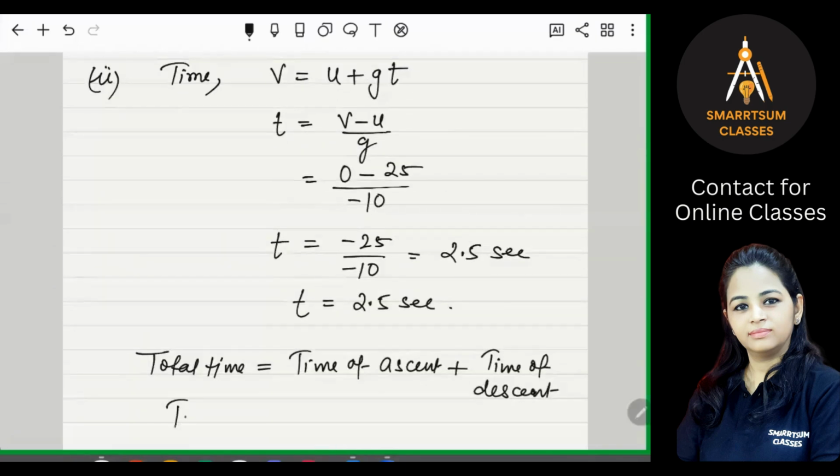Getting it? What will be the total time now? Always remember, time of ascent and time of descent are always equal. So total time will be 2 into 2.5 seconds, that is 5 seconds. So this is the total time taken by the ball to return back, that is 5 seconds. If it takes 2.5 to go up, then it will take the same time to go down, 2.5 seconds. Is that clear? So we always multiply it by 2. Time of ascent and time of descent are the same. So this is how we can find out the time. Ma'am, what is